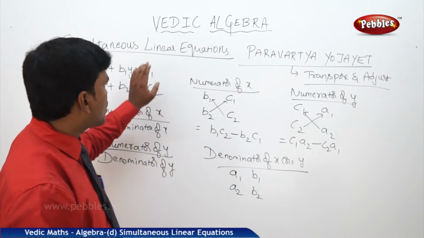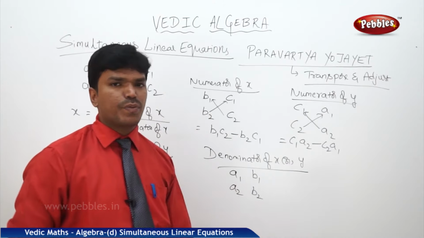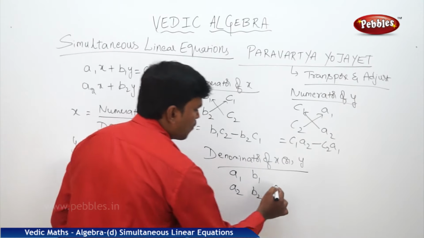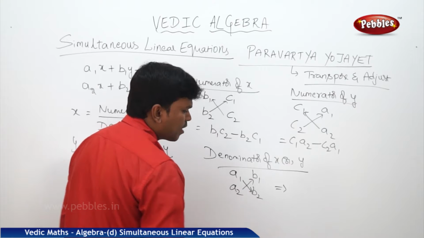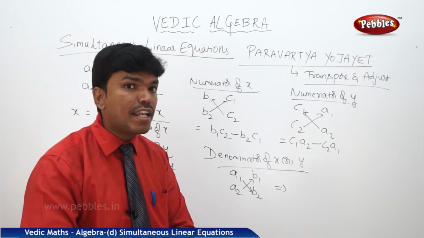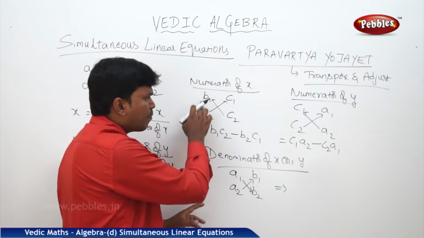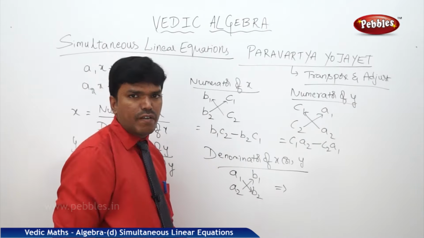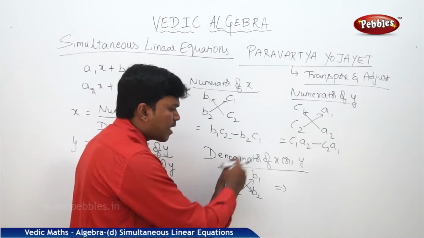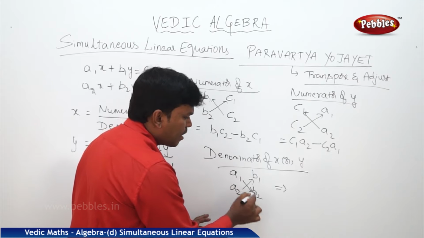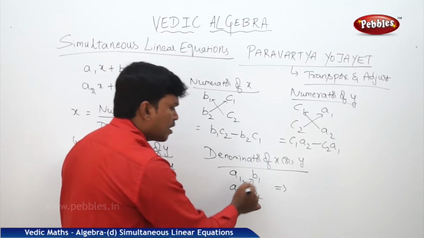So just ignore the constant terms and take the coefficients of the remaining terms, a1 b1 a2 b2. Again the same way we are going to do. To get the denominator, we will cross multiply and take the difference, but in a backward manner. Generally we did a1 b2, here b1 c2 minus b2 c1, right? But here first we will take a2 b1. You should not take a1 b2 first; you take it in a reverse manner, a2 b1